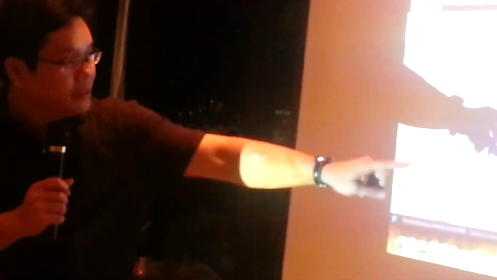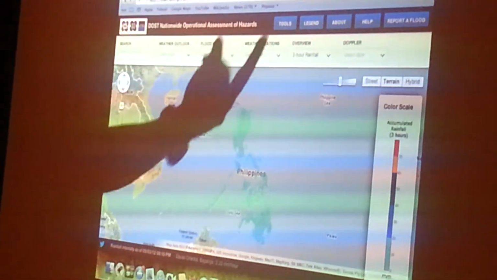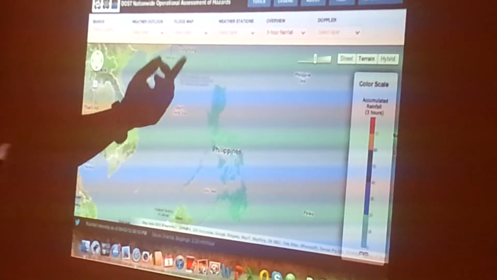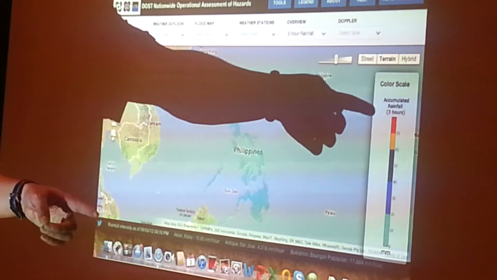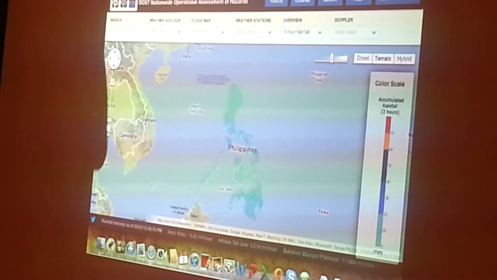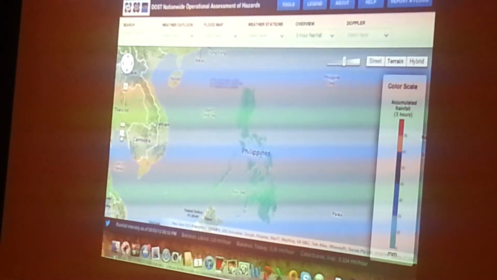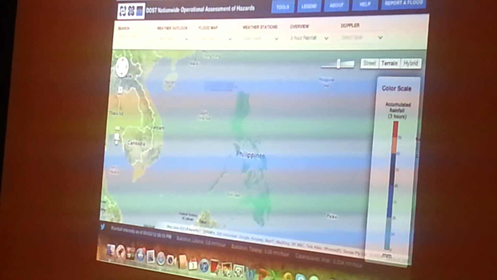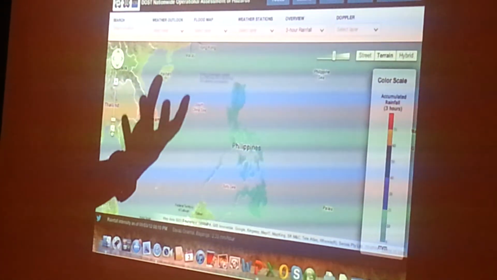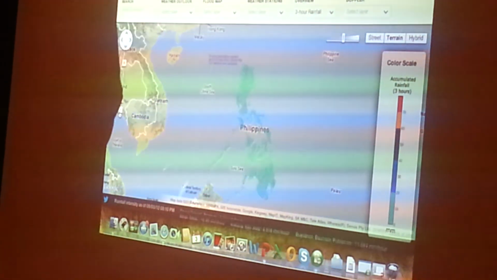So if you see this map to be light blue, that means that there's really no danger, because in the last 3 hours, there was no torrential rain that was prolonged. But if you see it to be red or yellow, if in the map you have spots there which are red and yellow, that means those are the places that we should be concerned with. Of course, there are better ways to map out the area. We're doing simulations to find out in detail how we give out the alarms.